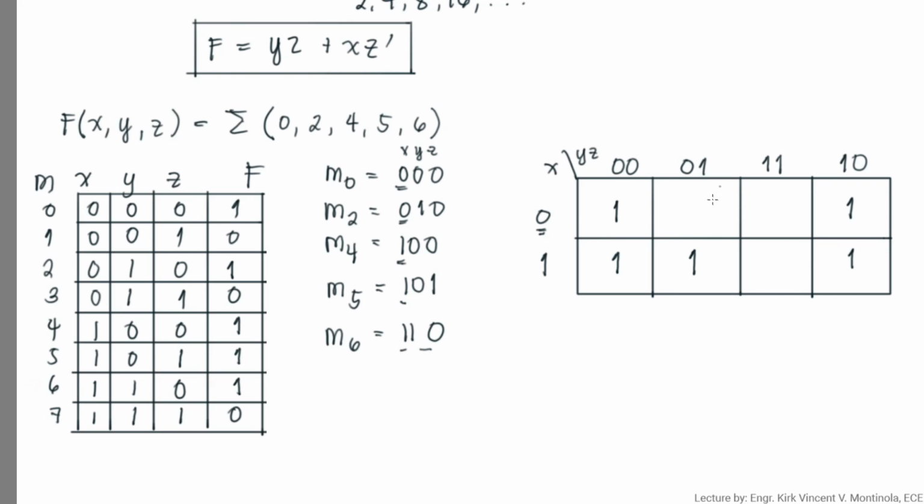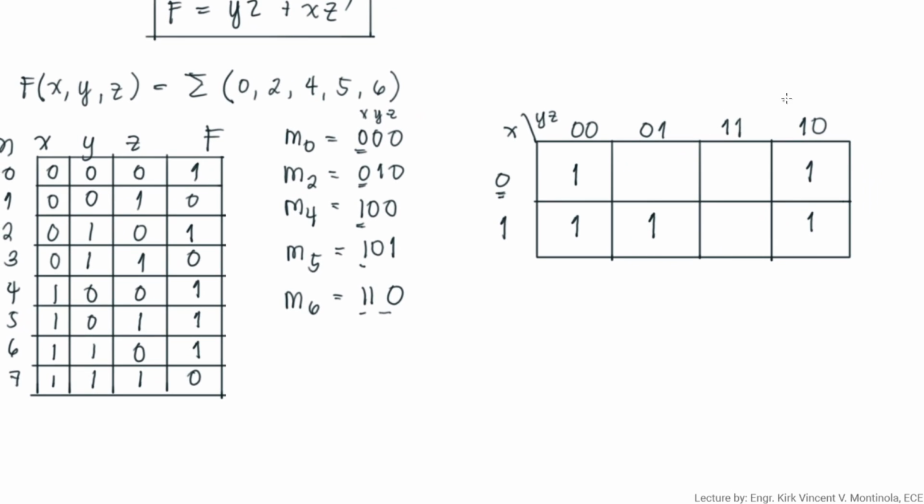Okay. Now, you can group the logic ones by ones, twos, fours, eights, or 16s, and so on. We can clearly group here. Ito, pwede natin itong i-group. Ito. Pwede natin siyang i-group. Ayan. So, di ba, ang dulo natin ay just wrapping around. Dito, tago siya dito. Okay. Then, basahin mo ang rows and columns na nag-change. Okay, basahin natin. So, yun na yung F mo.